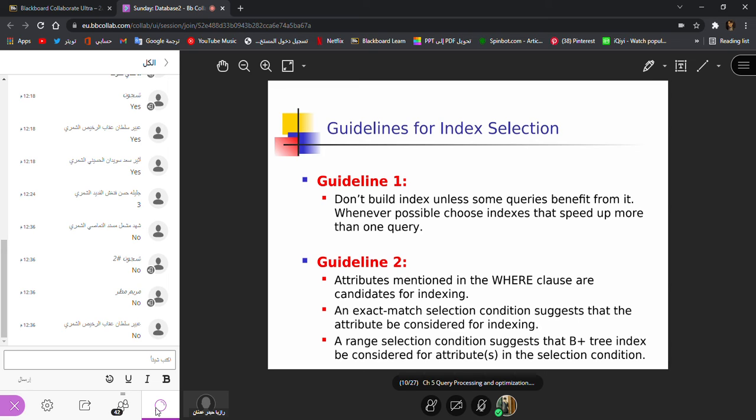In some queries you really need them, like in my query I said give me the names of the students who had GPA equal to 4, right? In my table there were like 10,000 rows and many students could have GPA 4. So one way is that it scans the whole table, which will take more time. But if I create the index on the GPA column or field, it will give me only the row addresses quickly. So my query can go quickly and take the values from those rows. But it may not be the case all the time. Sometimes you don't need the index. So they are saying to always see whether it is required or not.